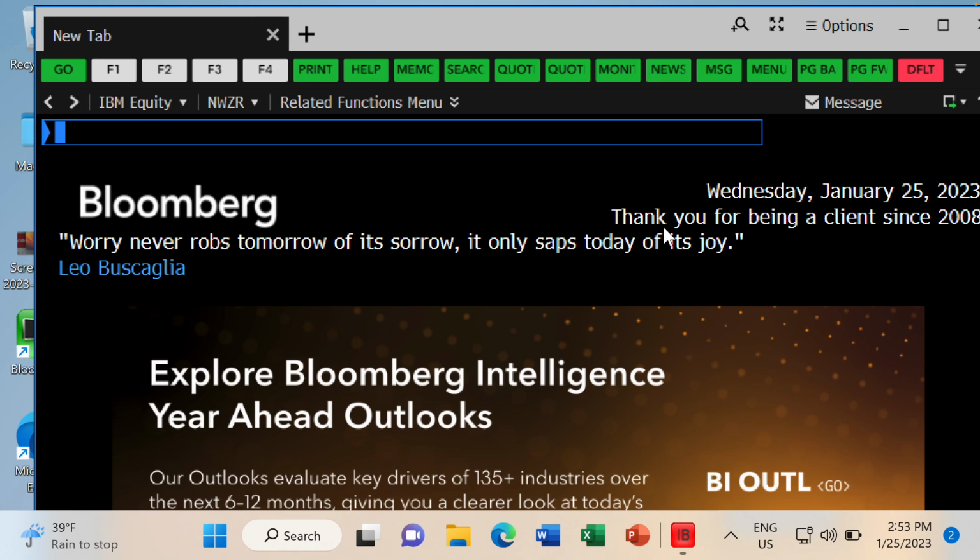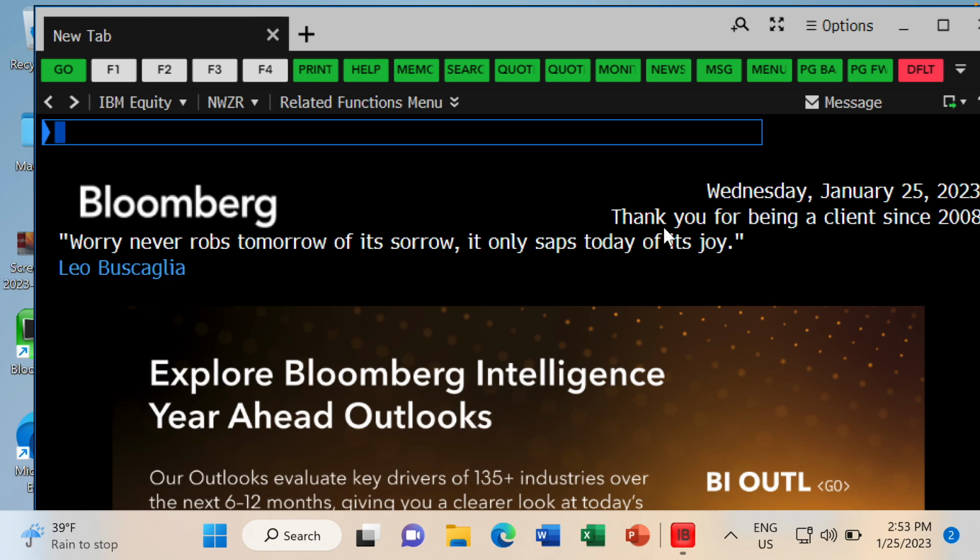Now, the problem is it's legacy 1980s. It's not that Bloomberg doesn't want to make it look more modern, but they have people who've been using this for 30 years with keyboard shortcuts. So the screens, there are 34,000 of them, are driven by keyboard shortcut. 2-, 3-, 4-digit codes get you to screens. You're going to learn about 10 of them this semester. But nonetheless, let's talk about this.